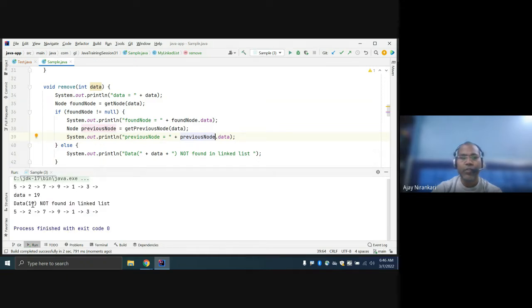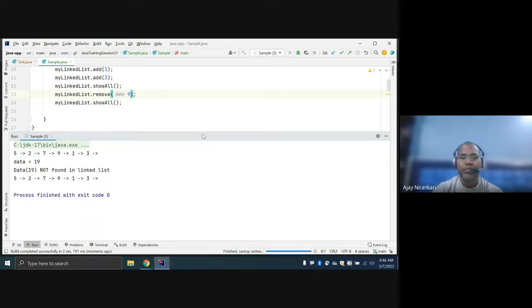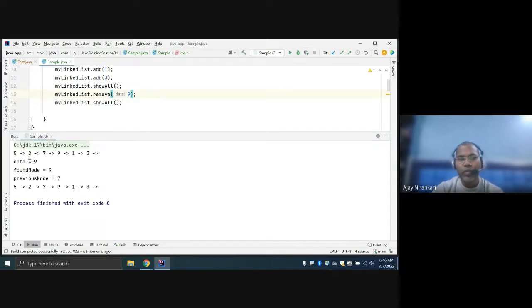Data 19 is not found. Let's change it to 9 so that at least the data is found first. So the input data is this found node. Yes, node 9 found. And what is the previous node? 7. This is the found node, and this is the previous node.